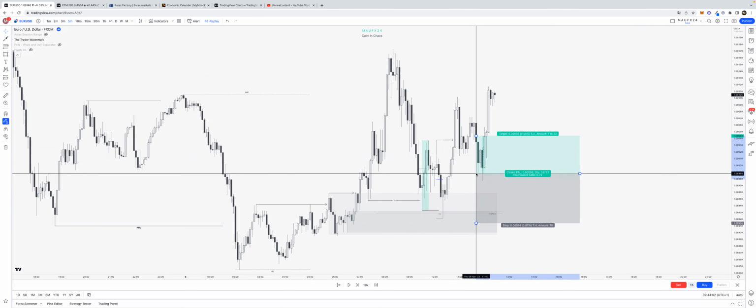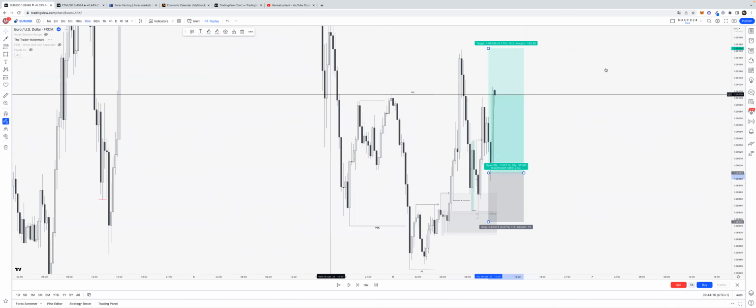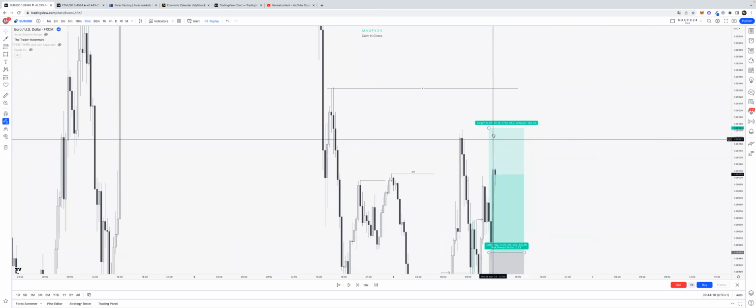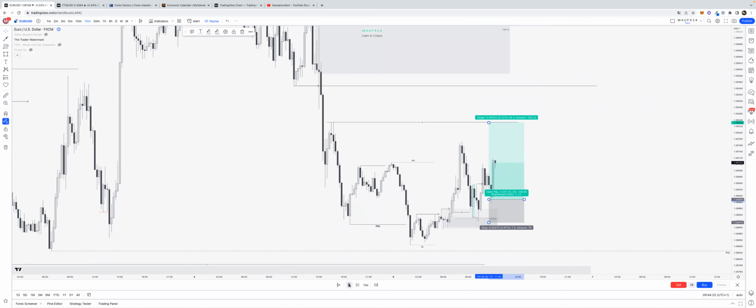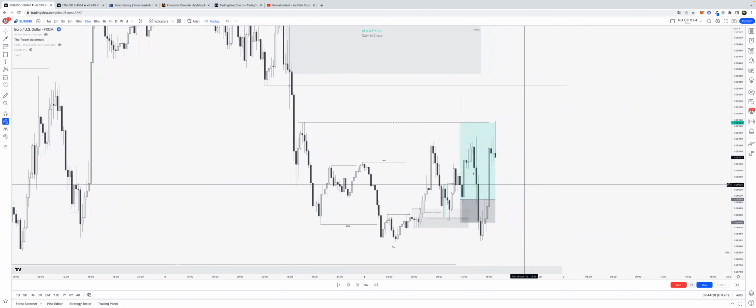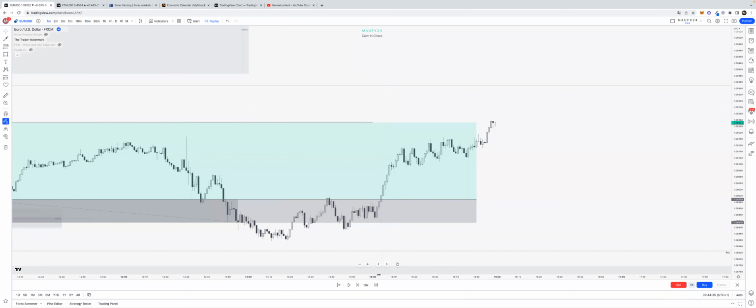79, 89. So a bit larger stop, but still decent trade. And now you want to target, actually you want to target this at least. So if we let that play out, you can see that we go break even after breaking this one and breaking this one. So definitely a break even trade